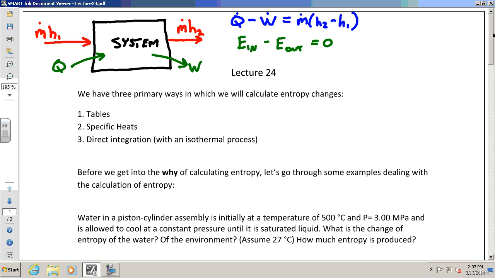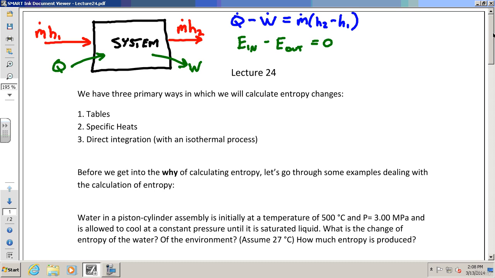Heat, work, and flow. Heat, work, flow. Okay? You can bring heat in and out of a system. You can bring work in and out of a system, or you can bring in flow. You can bring in stuff like air coming in or water, whatever, right? Stuff coming in, stuff going out. It carries energy too. And whatever stuff goes in and out carries an energy of m dot h.